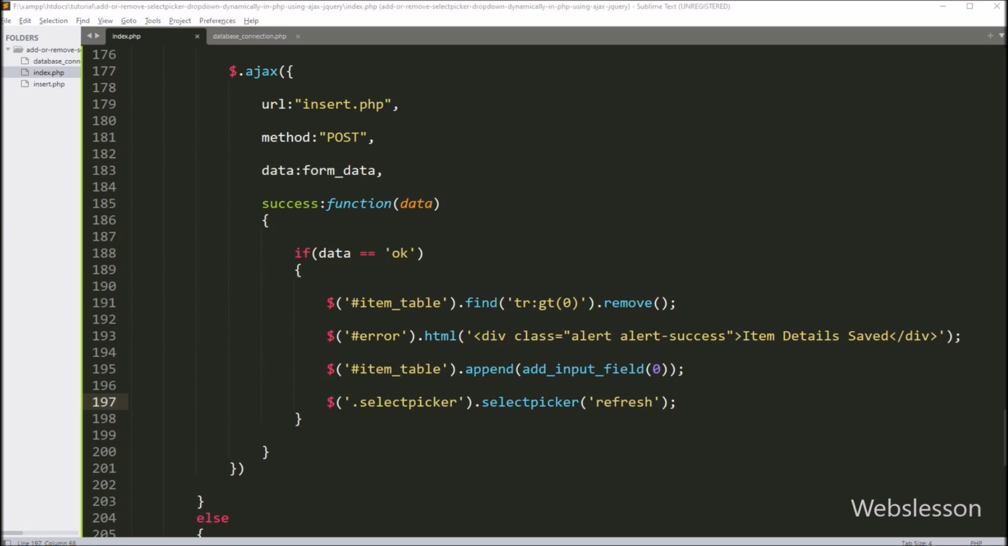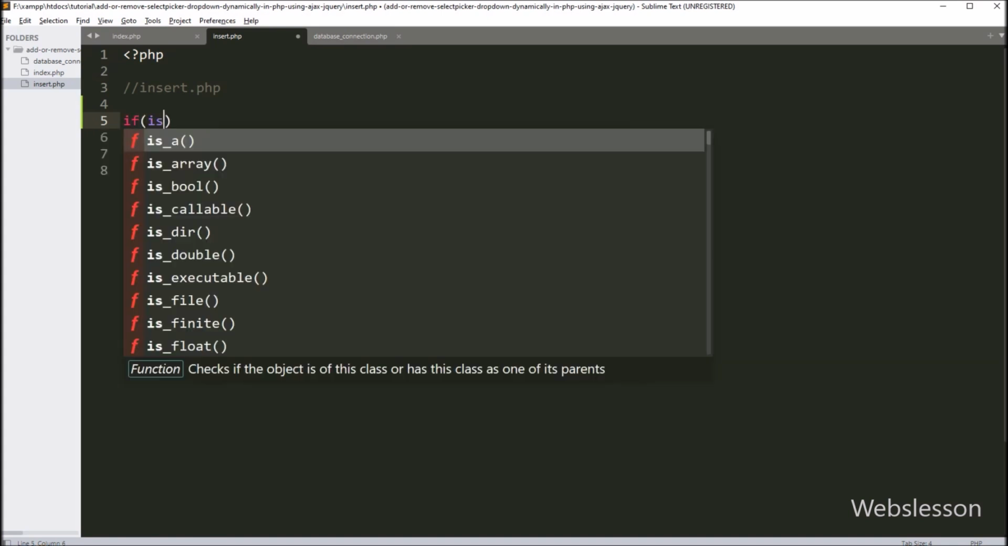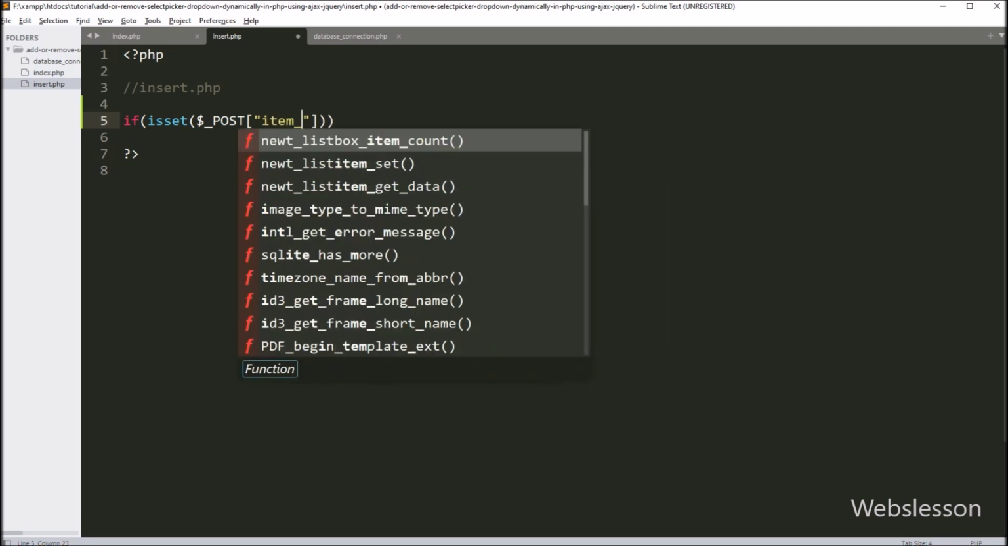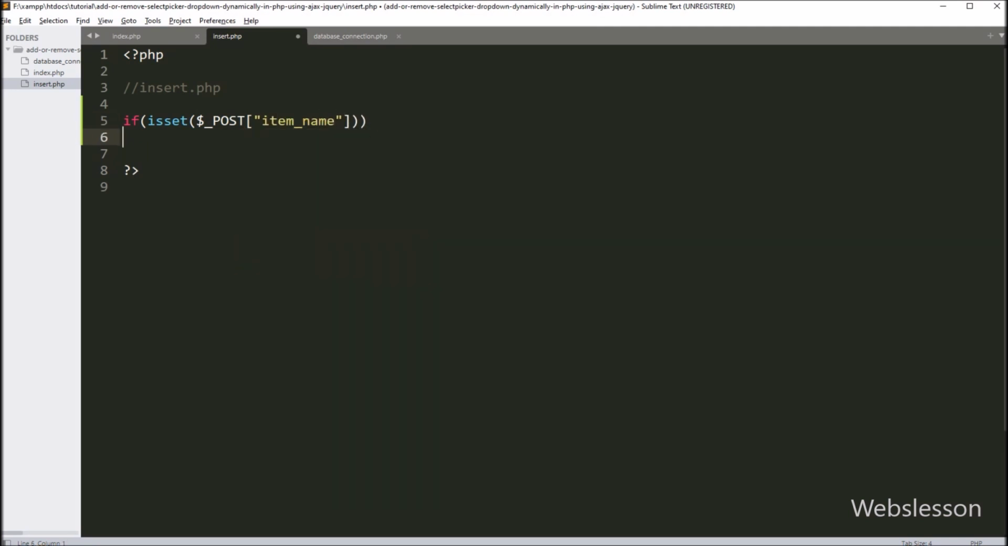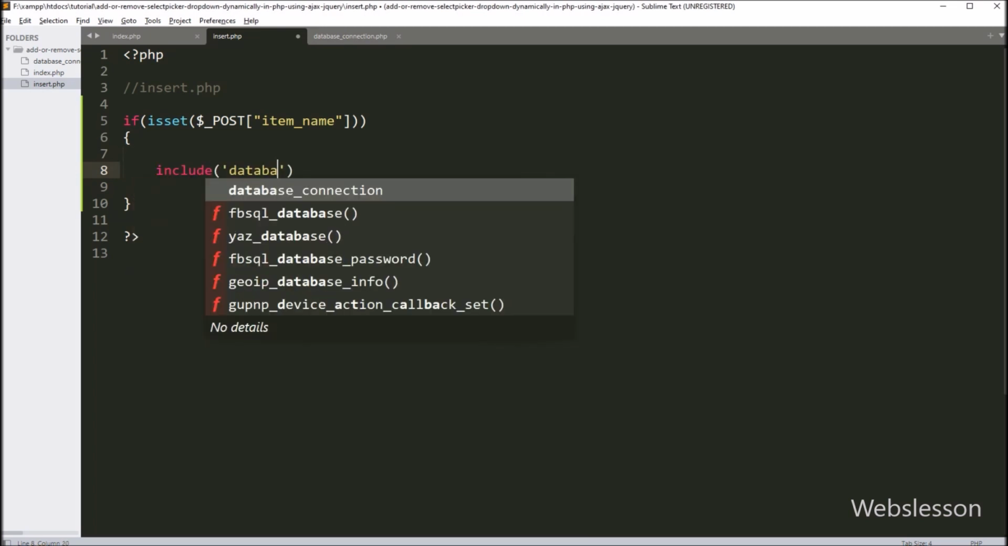Now we have moved to write the PHP code for inserting data in insert.php, so here we have written an if statement, and under the condition we have written isset function with $_POST item_name variable. This condition will check if this variable value is set or not. If this variable value is set, then it will execute the if block of code,